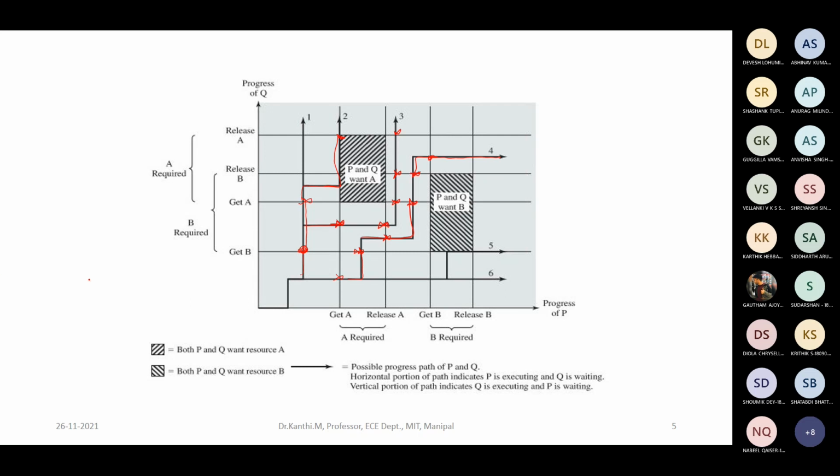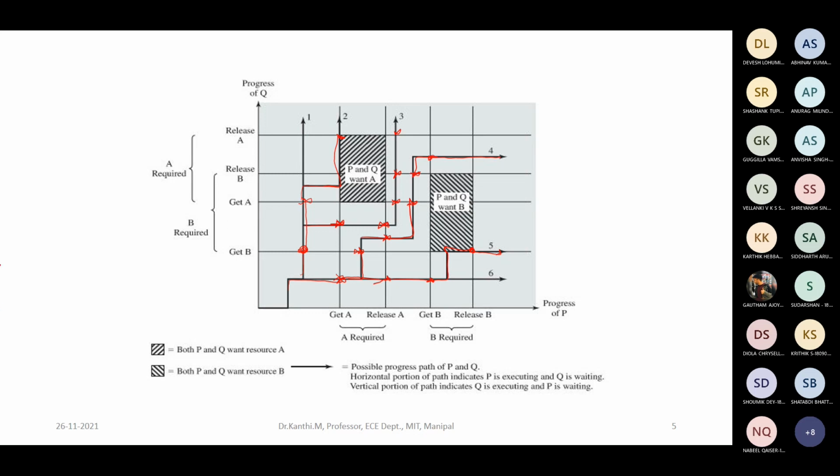Similarly, the fifth one, you can see process P will acquire A, then releases A, then acquire B. Okay, then now Q started executing and it will try to acquire B, but B is not yet released by P. There will be a blocking. After P releases B, the process Q can execute.